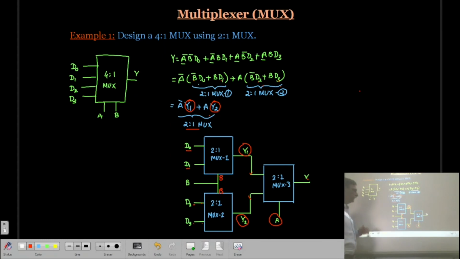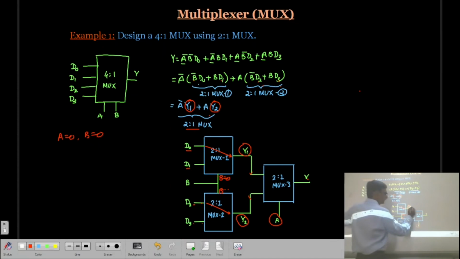Here you can verify. Let us say that A is equal to 0 and B is equal to 0. So when B is equal to 0, D0 is going to appear here and here. Also, when B is equal to 0, D2 is going to appear here.